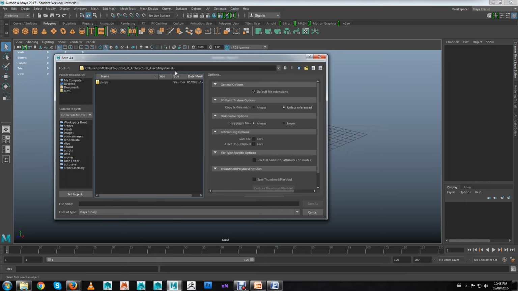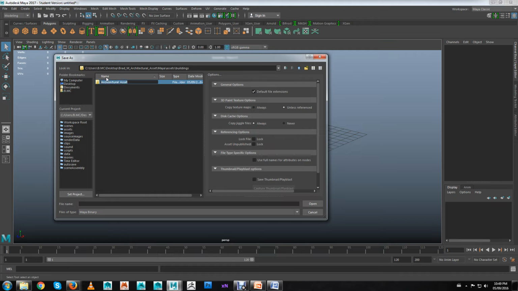or even for this we could say buildings. Okay. So for this I could say, because it's an architectural asset, Maya Assets, Buildings. And we can even create a new folder, and we can say architectural assets. Okay, so I could say architectural asset. Now, whatever it is you're going to model for your architectural asset,